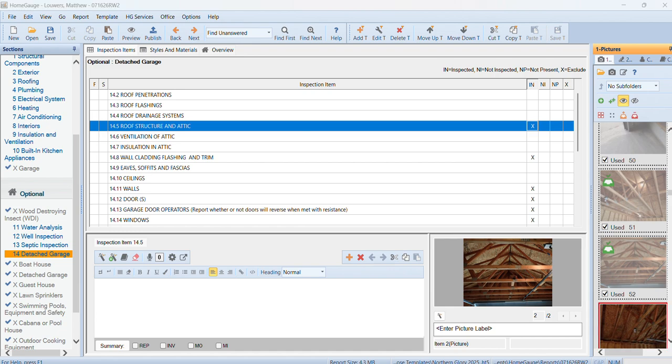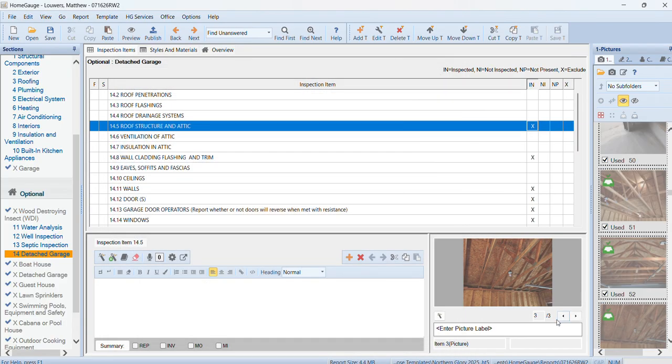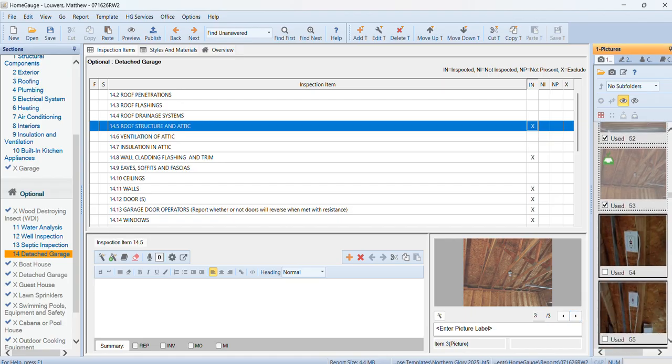You can see how fast we can throw these in. I wanted to make this a little bit brighter. I do that right here, just make the brightness a little bit brighter. The reason why is because I took this photo with the overhead door open. This photo here I took with the door open, then this one was with the door closed, so it wasn't